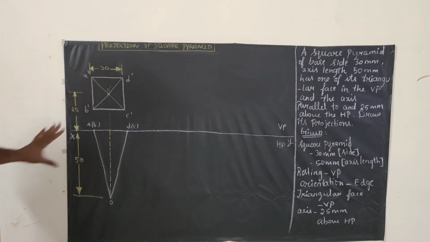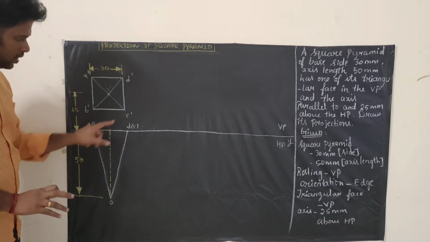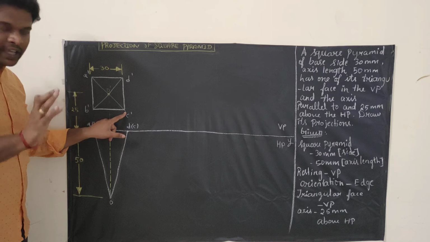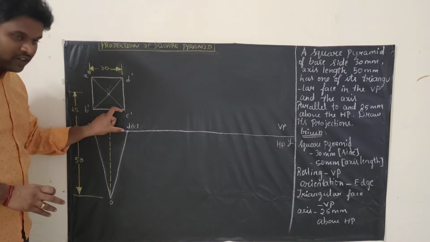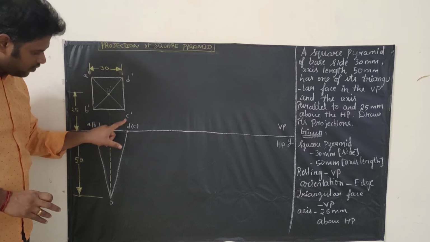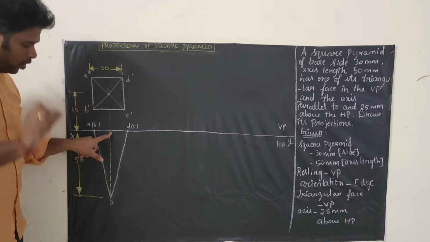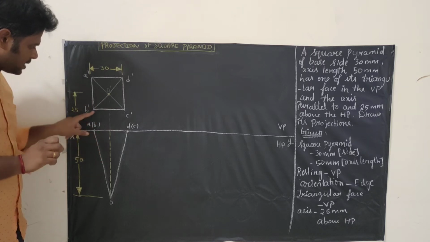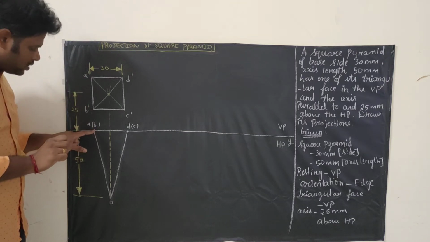Now we are going to draw the top view. So this is the front view, this is the top view. How have we drawn it? See here, you have the point, right? Take your scale and keep it vertically so that you can mark a point here. Where your axis is, vertically you need to mark a point for drawing the axis. Where this point is, at 90 degrees you have to mark a point for this point.